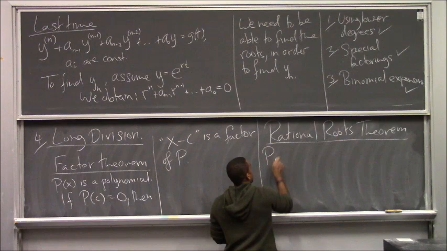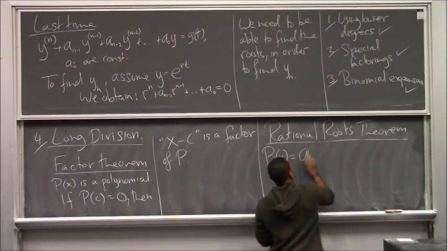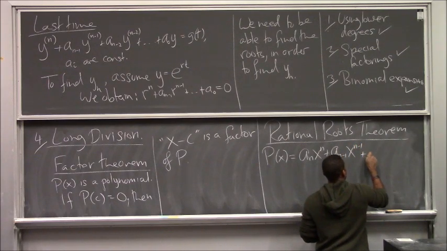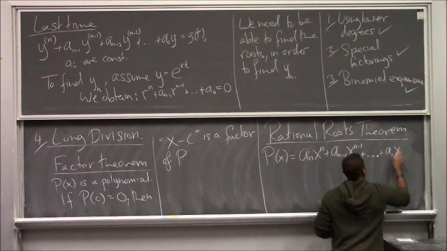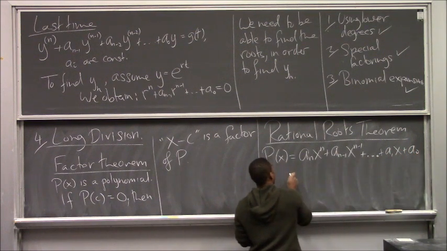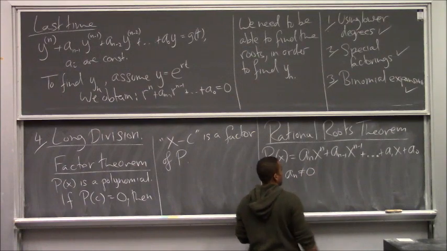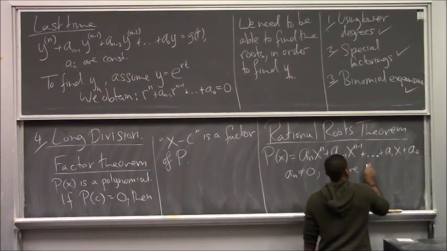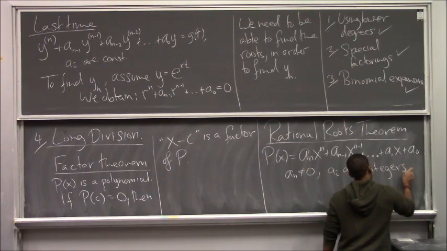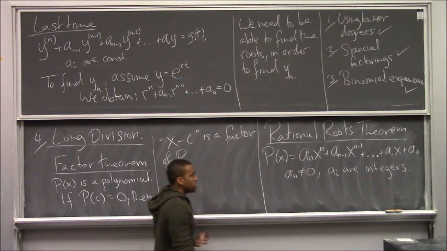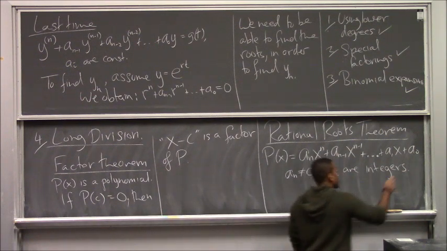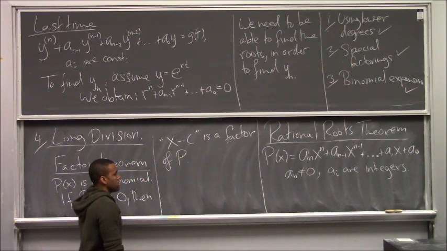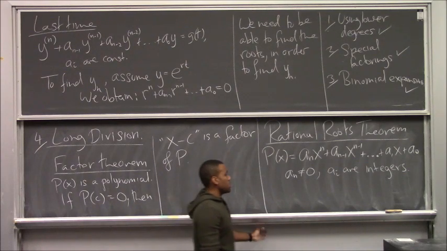Suppose p of x is equal to a_n x to the n plus a_{n-1} x to the n-1 plus ... plus a_1 x plus a_0, where your a_n is not equal to 0 and the a_i are integers. So they can be integers or rational. If they're fractions, you can just multiply the polynomial by the LCD once you set it equal to 0. Then